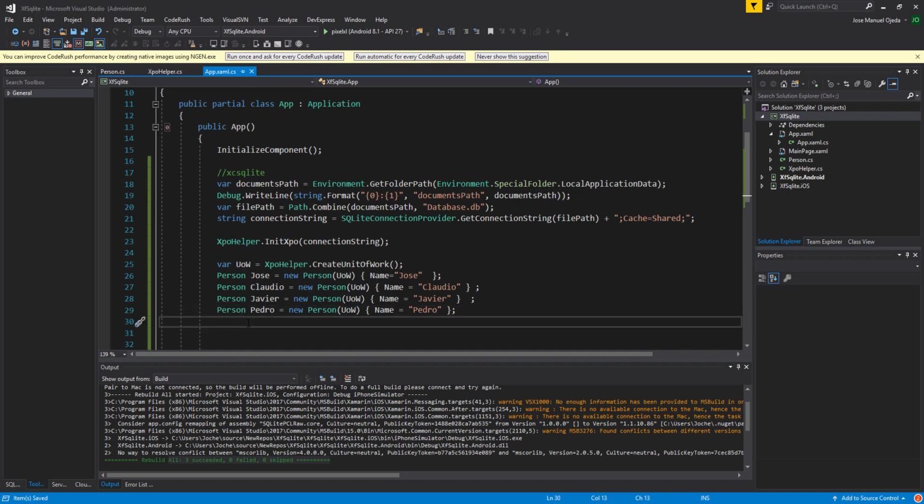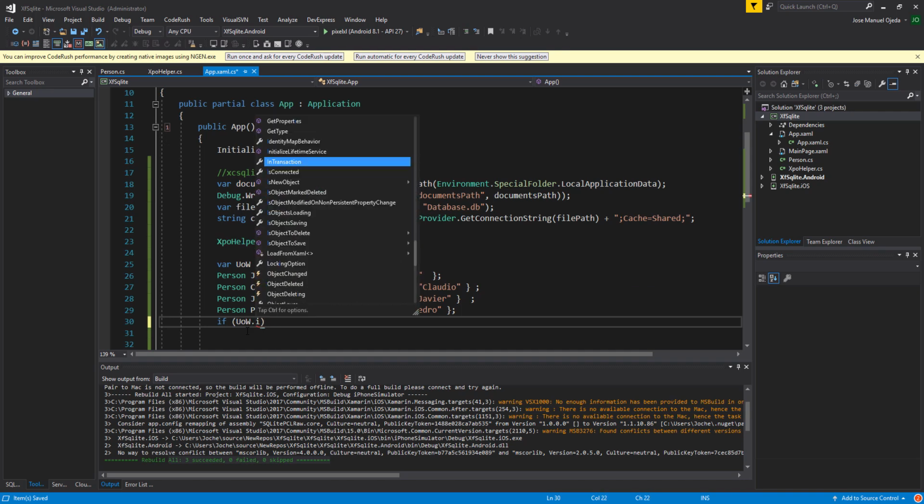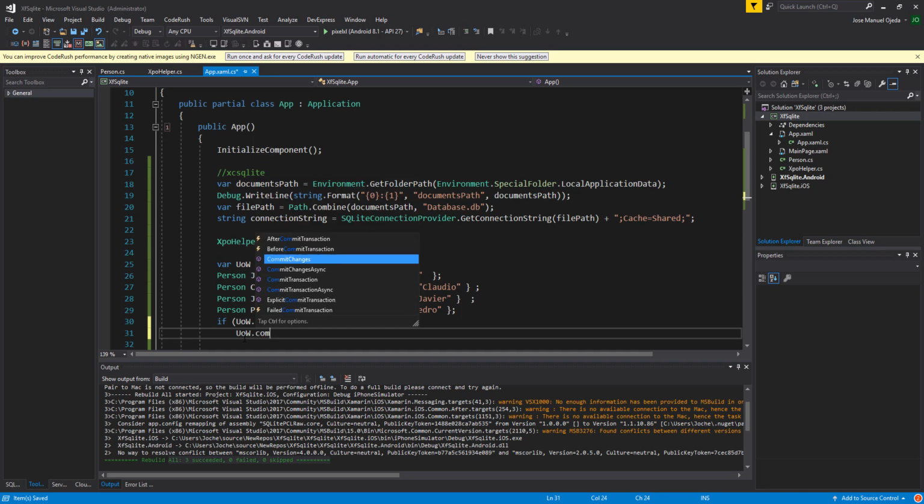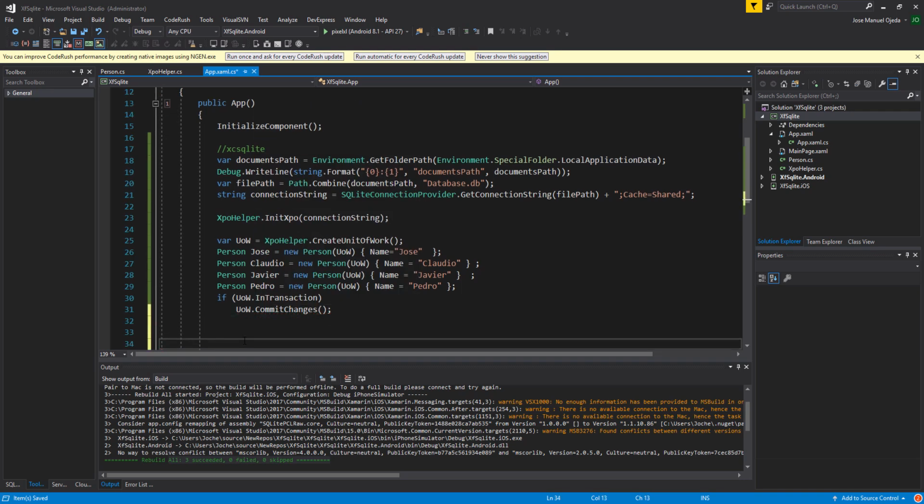So now what we need to do is commit the changes, right? So it will be if unit of work is, or in transaction, I don't remember which one it is. In transaction, we can say unit of work, commit changes. So now we have created 4 records, I think. Yes, 4 records. And what we're going to do is create an XP collection